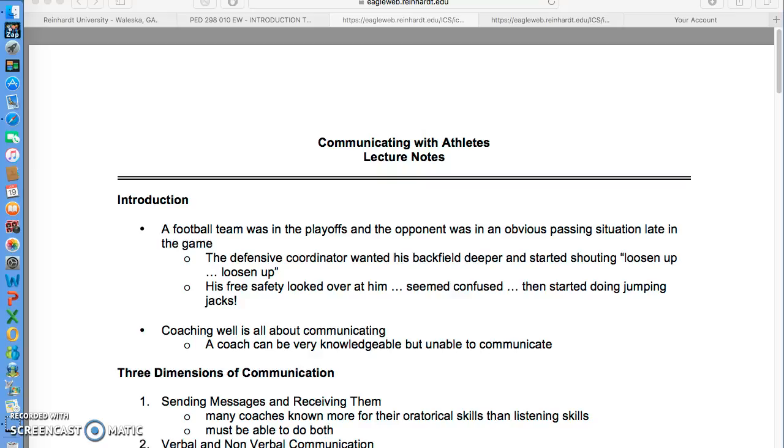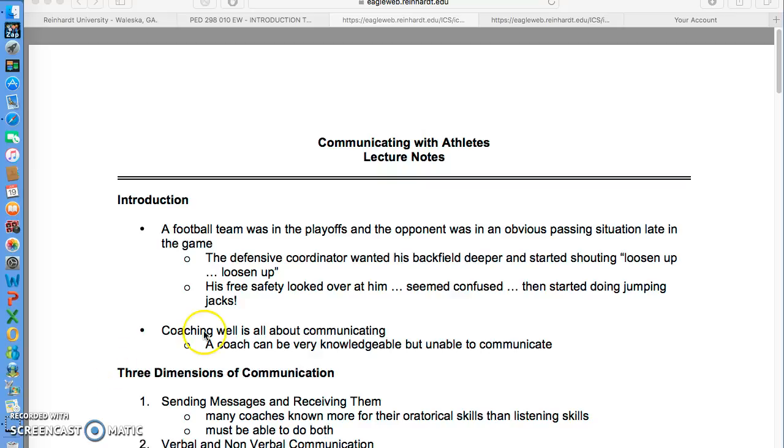What I'm going to go over in this lecture is just some high points of communicating with your athletes, and these lecture notes are posted for you to look at. And then also I want to talk real quick, guys, about the importance of, most of you guys are doing a good job, but understand that these forums each count 5 points. And so it doesn't take very many of them not doing the forums to really impact your grade. And keep in mind that those assignments are a huge part of your grade. So there's not a ton of work to do in this, but you have to make yourself do it. So let's get to